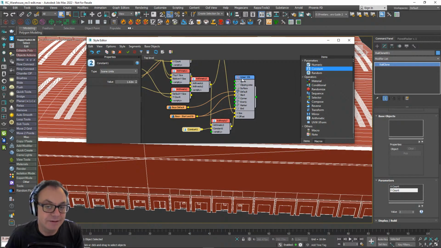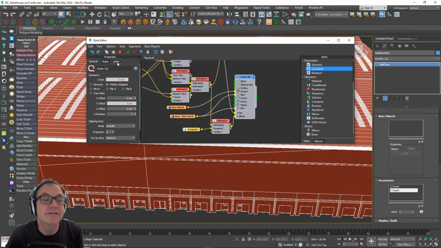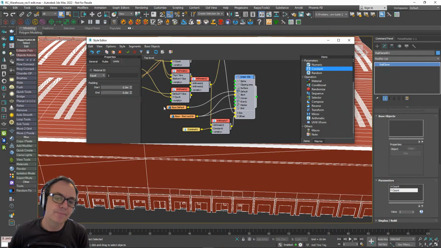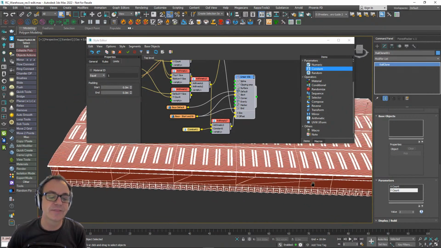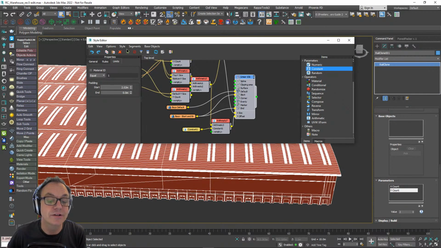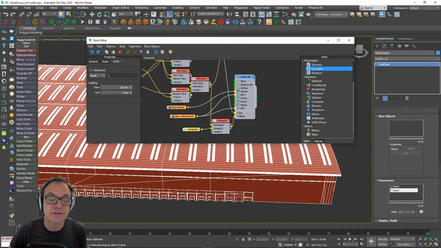What I'll do instead is go into the generator, into the limits tab, and there are a couple of padding settings in here that not so many people use, I don't think. These basically allow you to offset the start and the end of an array. You've got two of these for a linear array like this, one start and the end, and on a 2D array you can do top and bottom too. And what I can do with these is just slide the geometry so that it starts a little bit later.